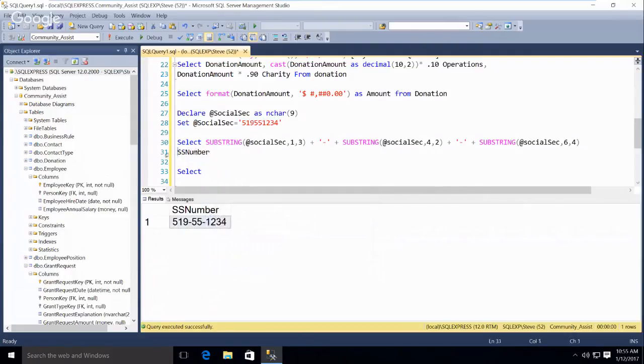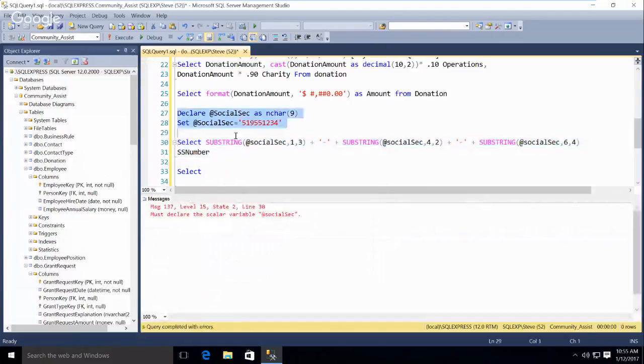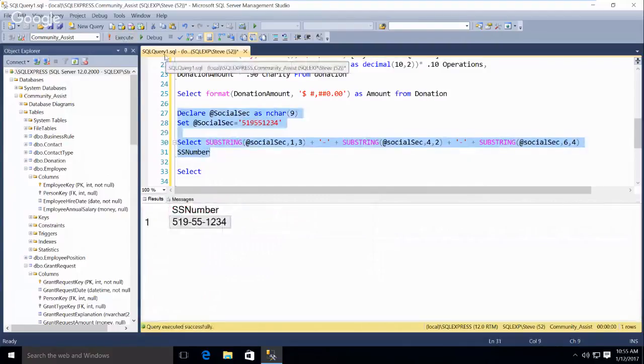No difference. Except I have to run this variable, right? It doesn't know the variable unless I run it in the same context.